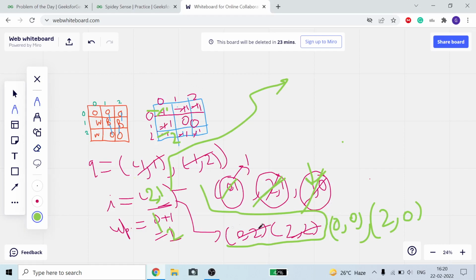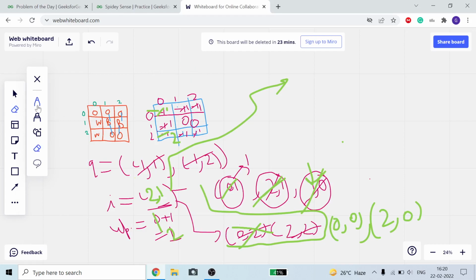Now we will take 0 comma 2. From 0 comma 2 we cannot go here, we cannot go above, and we cannot update here because it is equal to 0, and the cost should be equal to 2 for it, so we cannot update any value. The cost is smaller, and we also don't have any direction to go.